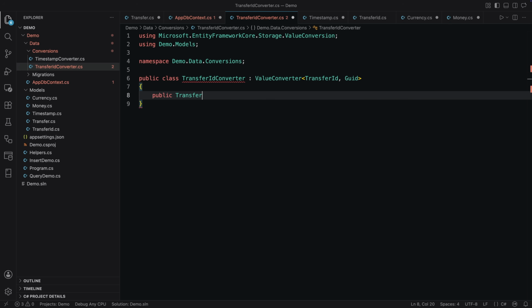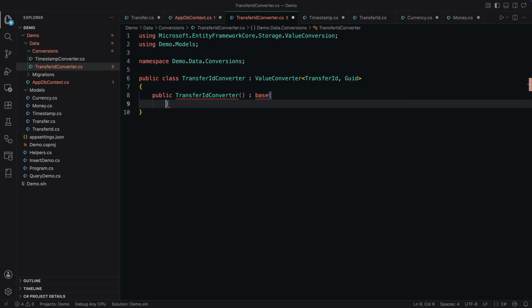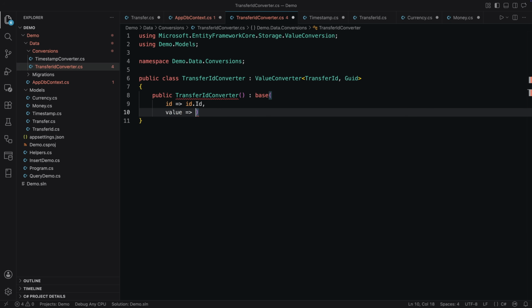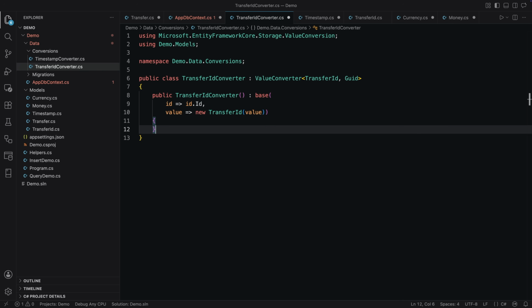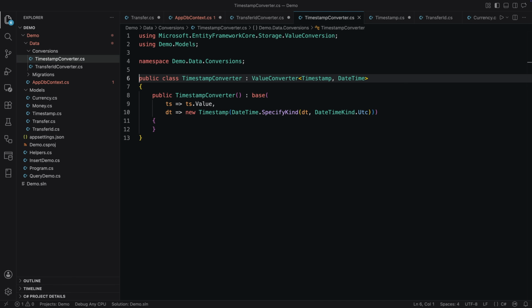Implement a constructor that passes two lambdas to the base constructor, one unwrapping the record to get the raw GUID out, and the other one converting the raw value back. You can convert almost anything you like this way. Look at the timestamp record conversion. The time kind is lost when saving to the database. To make sure the date-time value is explicitly marked as UTC, we set its kind explicitly before passing it to